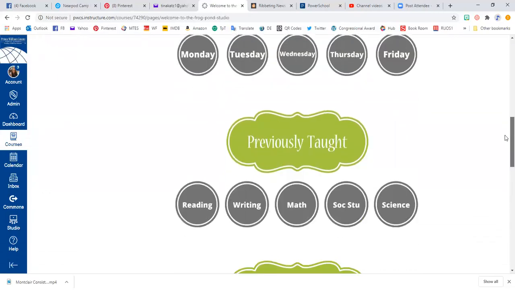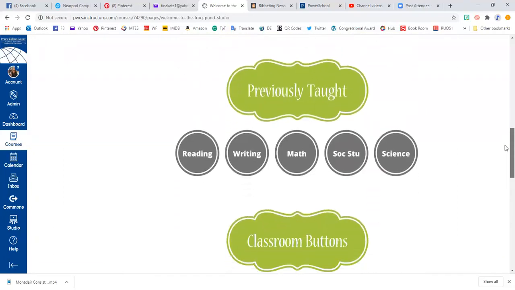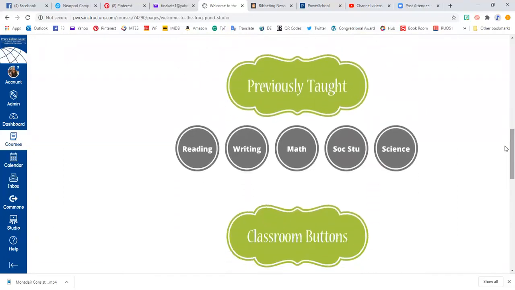All of these things are in the checklist for you. So once you have your learning buttons created, your days of the week buttons, you will also need to create a page for each of these buttons. Then we have the previously taught buttons, which are your content buttons, again, for kids that are unable to attend a live meeting. So if you click on reading,